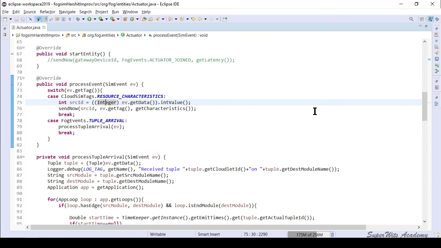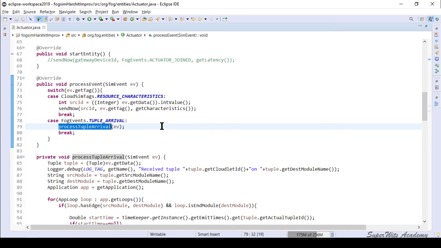Now if you are trying to work on a certain actuator which is going to have a very custom implementation, then you should look into this method for changing the processTupleArrival functionality, right? That is where you should concentrate your efforts.